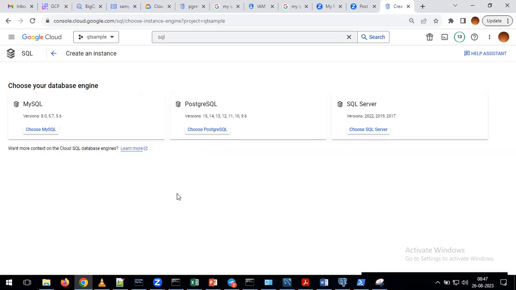Andy, earlier, if you remember how we worked on MySQL, in our local system we installed MySQL. After that, we created the database and started practicing on MySQL. That is on your local system. But coming to here, are we using the local system or the cloud? We are using the cloud by using our GCP. Within GCP, whenever you want to deal with any database, we have the service called Cloud SQL. This Cloud SQL supports all three relational databases: MySQL, Postgres, and SQL Server. Earlier we already discussed MySQL and you did practice on MySQL.